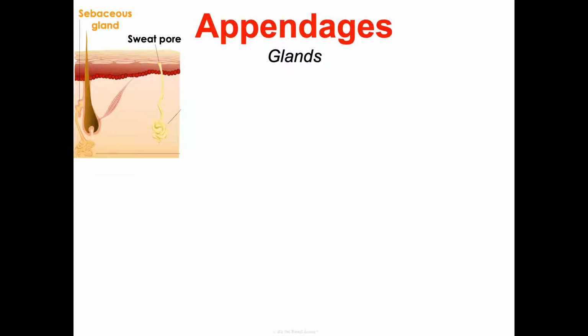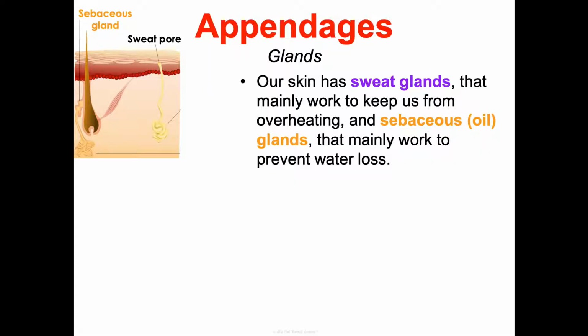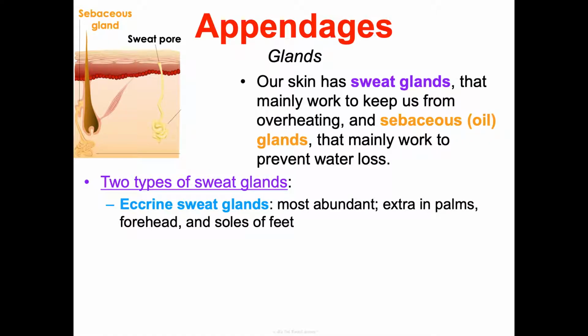Okay, last but not least in our structures, specifically our appendages, are the glands. So our skin has sweat glands that are mainly responsible for keeping us from overheating and regulating our body temperature, but we also have sebaceous oil glands that are mainly working to help prevent water loss. So looking at those sweat glands, there are 2 main types. We have our eccrine sweat glands, which are the most abundant. They're all over your body, essentially,